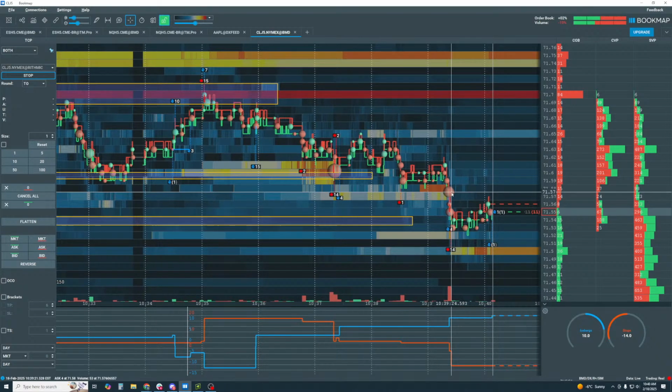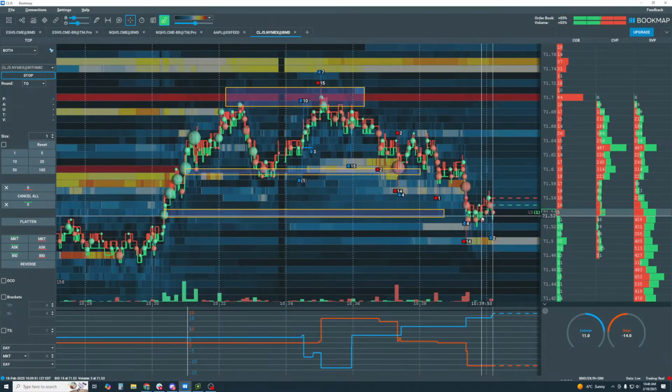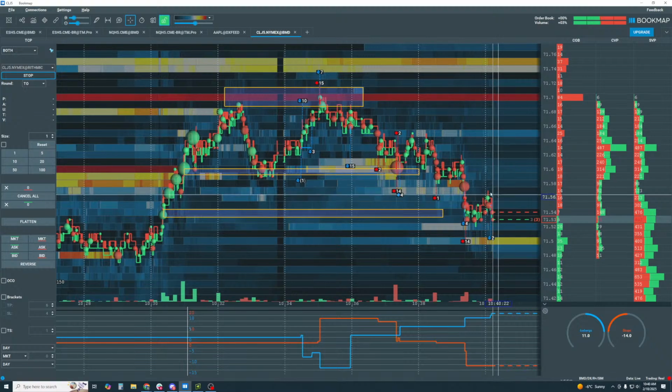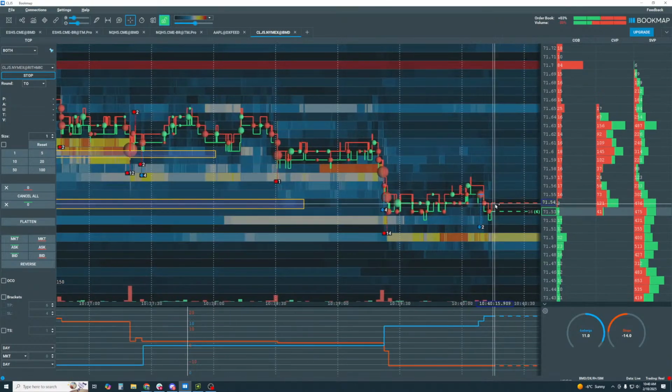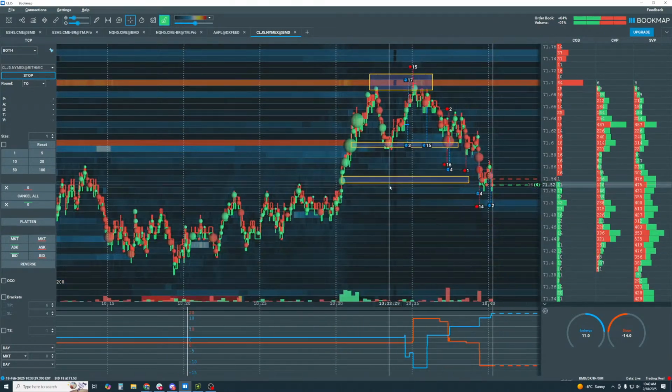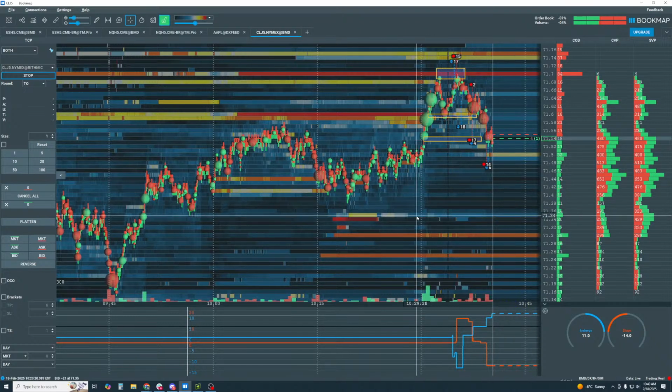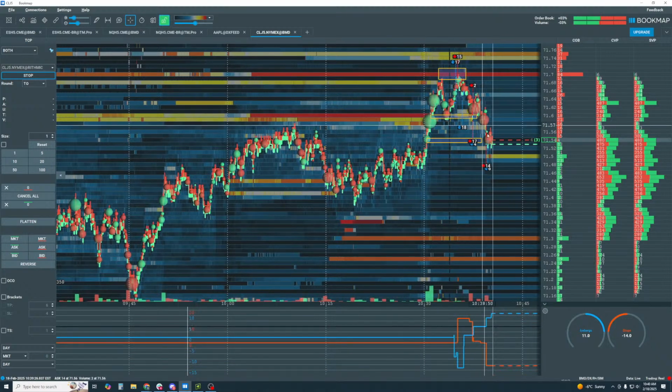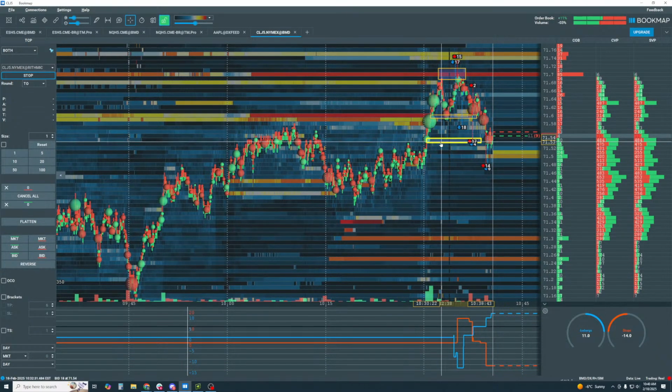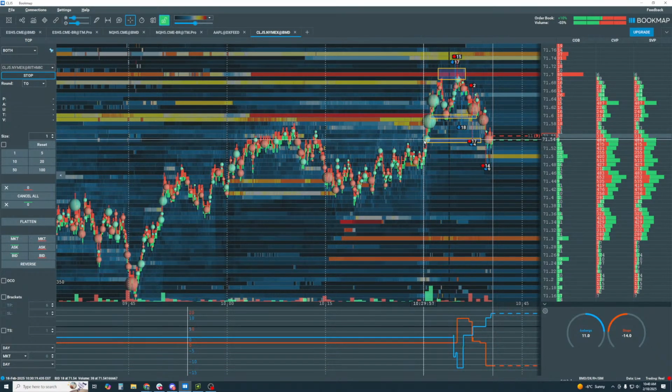And I would look for a bounce up to here. Now it's kind of done it. And now the question is, is this going to become our structural break here?